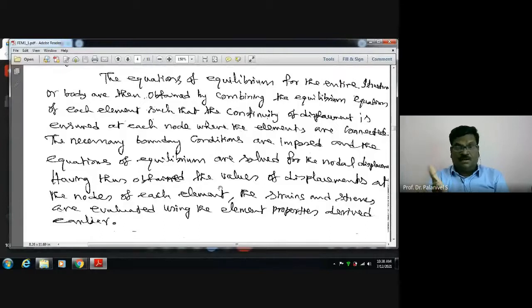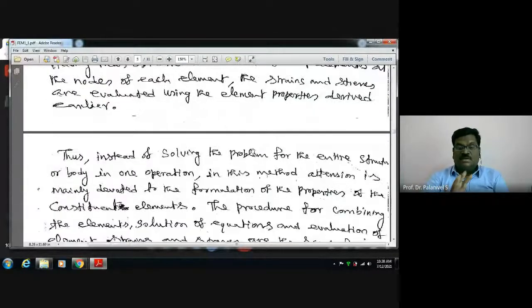Remember, just as I have told you, obtaining the solution: how to obtain the solution? Even the machine itself will struggle to obtain the solution because it is thousands and thousands of equations. It has to deal with huge data, and it has to do all the arithmetic operations on that huge data. Remember, there are solution techniques available to obtain the solution for these global equilibrium equations.